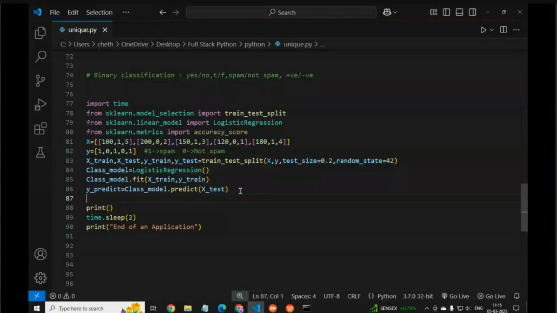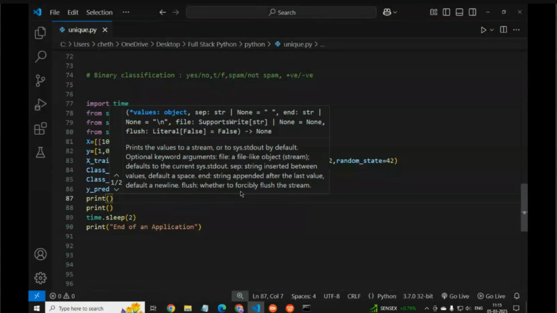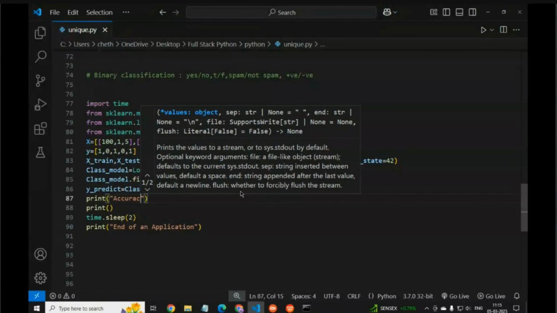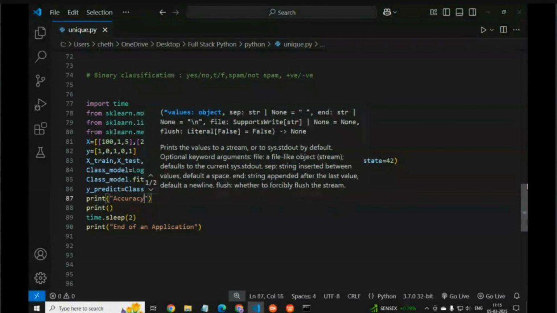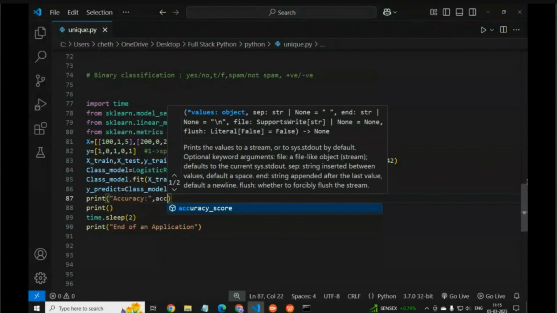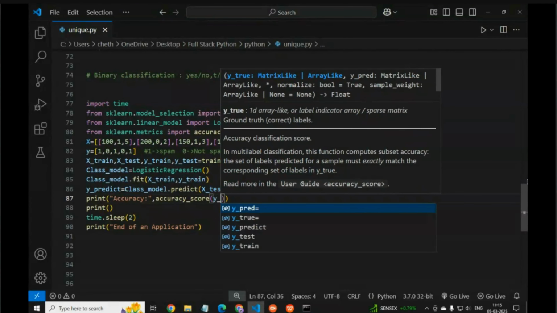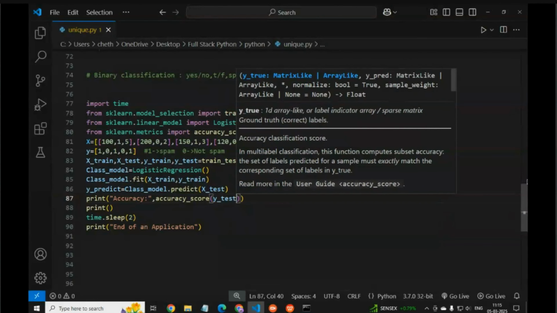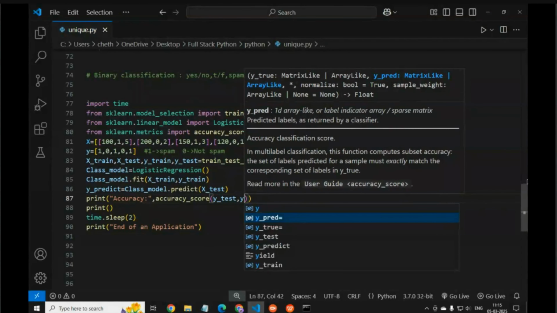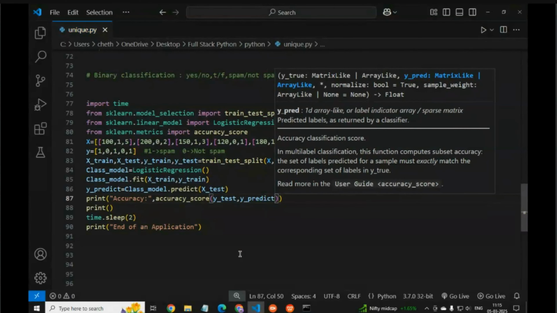Then we have to evaluate this. So how to evaluate? Print. Here we have to find the accuracy. How much is the accuracy of this? So here we write accuracy_score, y_test comma y_predict, like that we have to write.